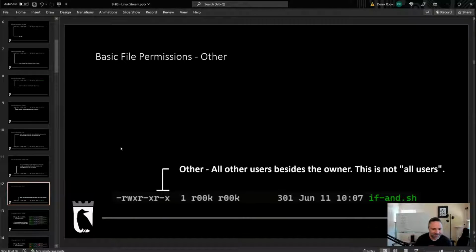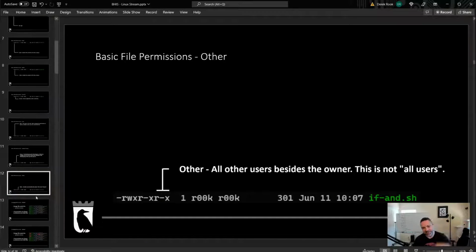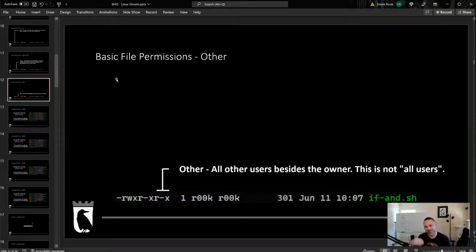That could be bad. It doesn't come up very often. And what's important to know about Linux permissions is if you own the file, you can change the permissions the way I'm about to show you. You can just give yourself read, write, and execute. But you may be seeing, oh, I can't read this, but it's set so that everyone can read it, and you'll get confused. Other is literally all other users, not the same. It's also important when we get into changing permissions that you use O for other instead of A for all, because it's not A for all, it's O for other.